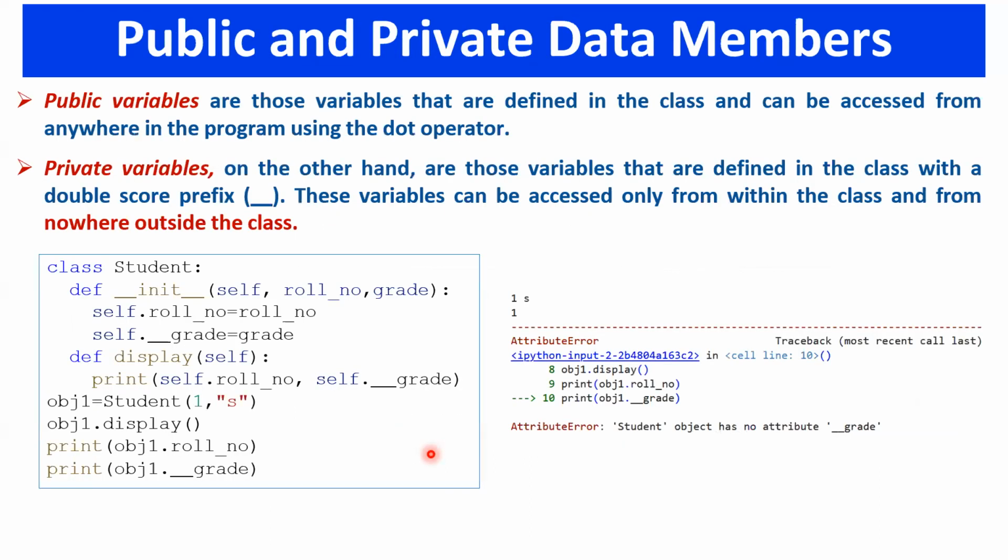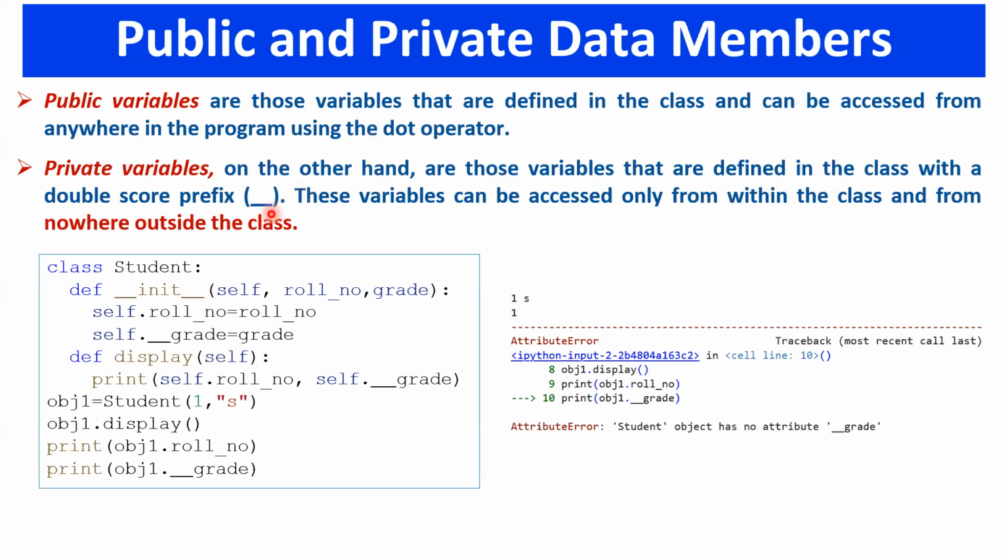Now let us see an example of public and private data members. We have public and private data members as well as public and private methods also. First, let us see the data members, which are either public or private. Public variables are those variables that are defined in the class and can be accessed from anywhere in the program using the dot operator. That means public members can be accessed from anywhere, be it within the class or outside the class. On the other hand, private data members are those variables that are defined in the class with a